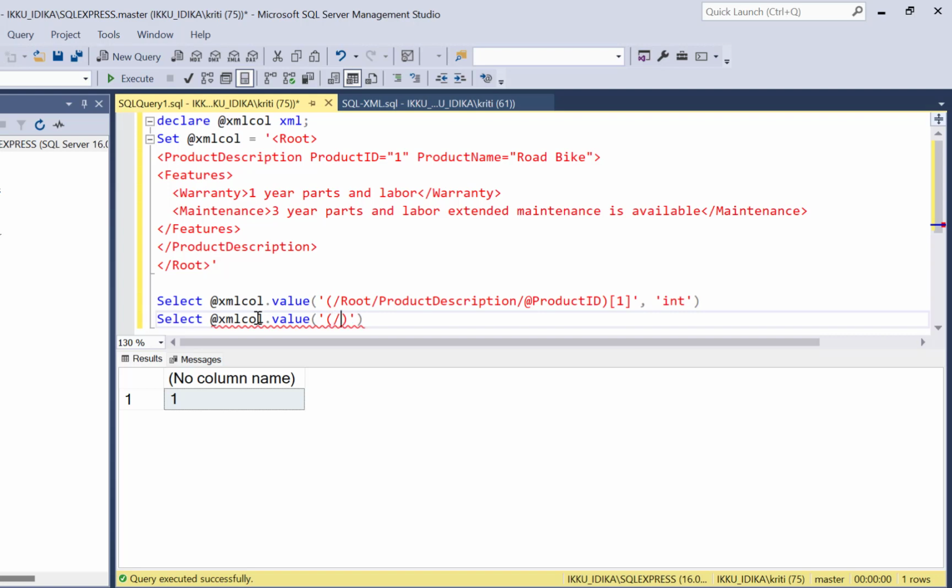So the path for us with the forward slashes is going to be root. Then we have to go to product description. Then we have to go to features, and then we have to go to warranty, and then we have to, okay, I didn't end the warranty. We have to implement the singleton rule, for which we have to write a 1 within square brackets, and then